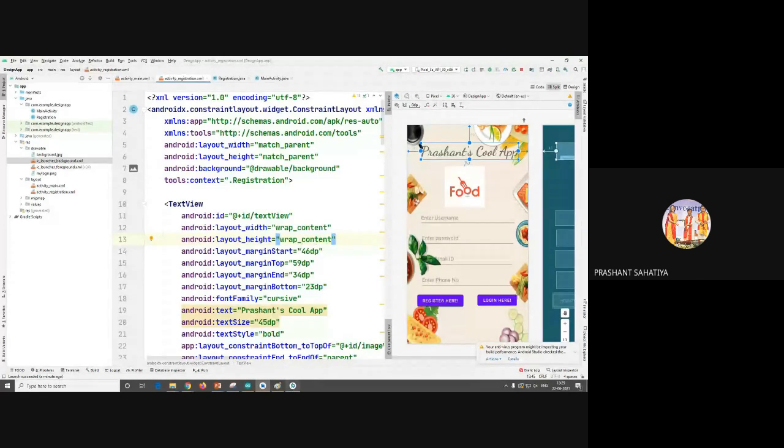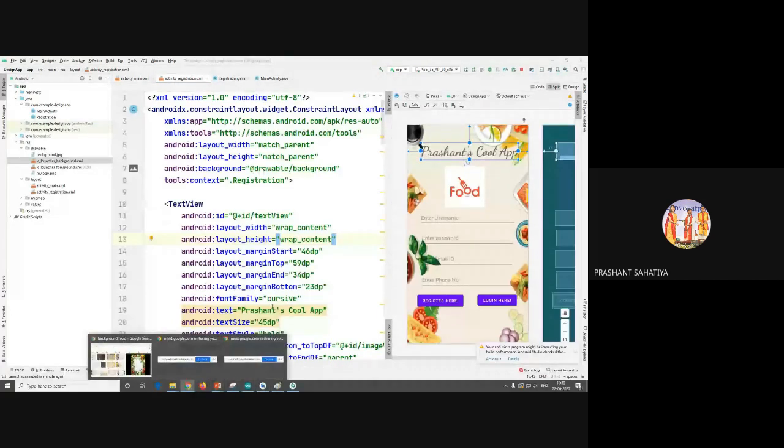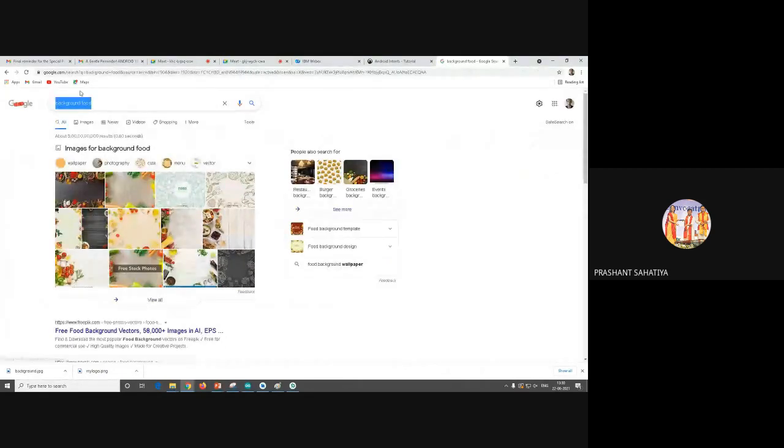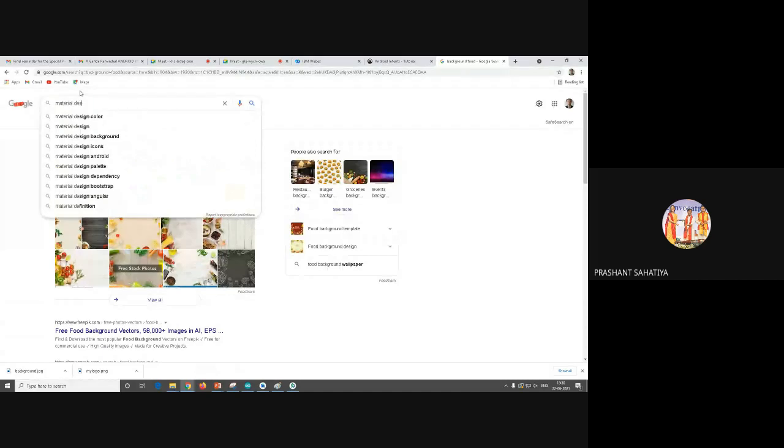That is a concept of material design. I'll show you. See now, these things again, as I'm saying, it is a huge ocean. I'll show one example of that.